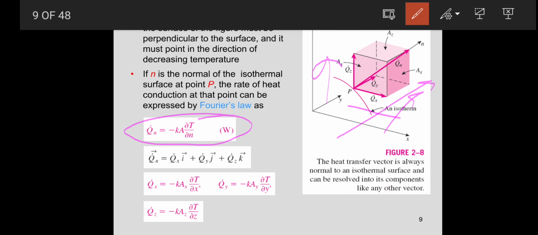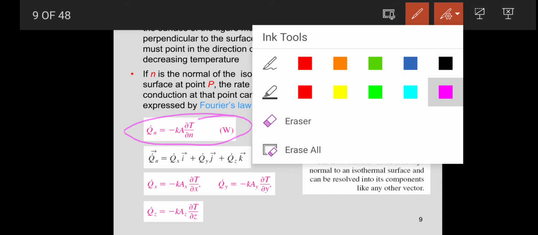A is the area perpendicular to the n direction, dT by dn. So what is dT by dn? That means the temperature changing according to the n direction. Okay, so to find out that, we have to convert